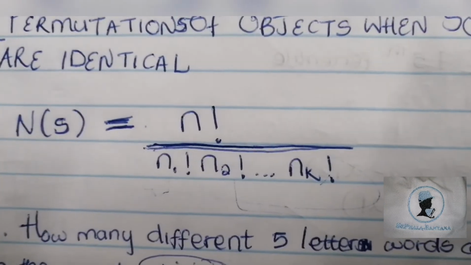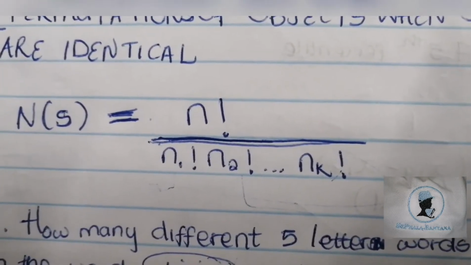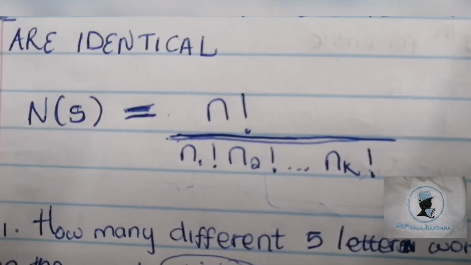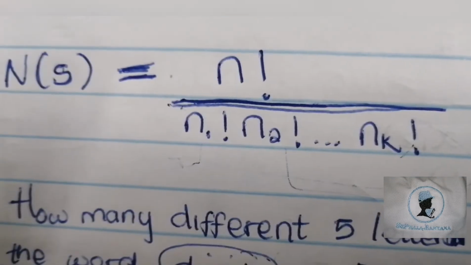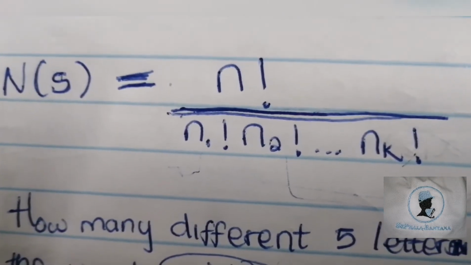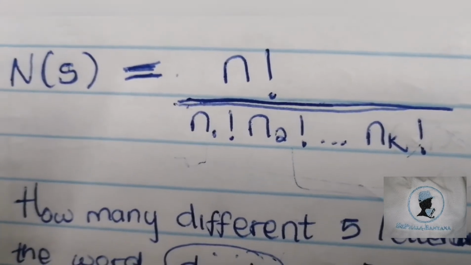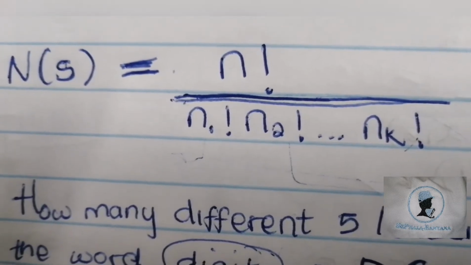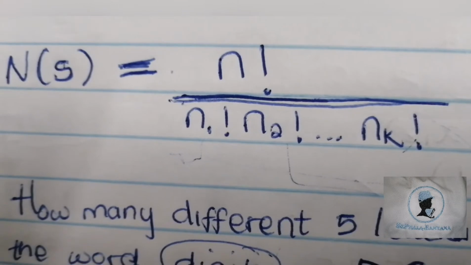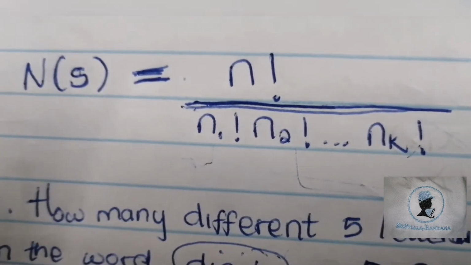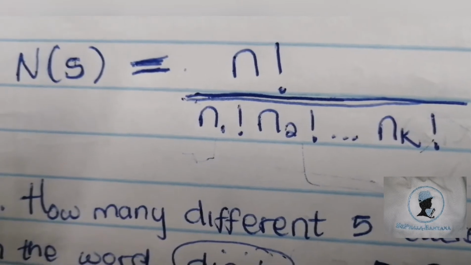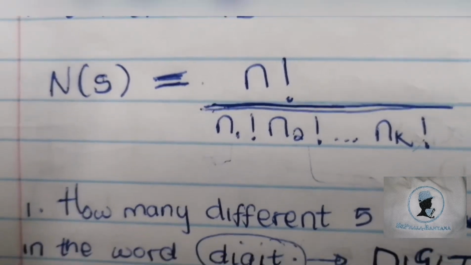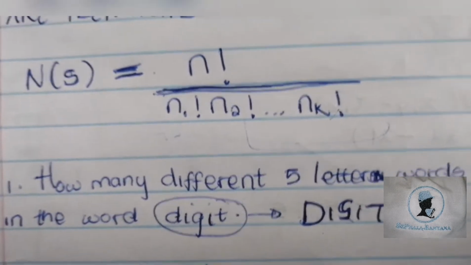This is the formula we use to calculate permutations when we have some group of items that are identical. n represents the total number of items that we have, and we have subgroups of the identical items. The n's at the bottom simply mean the number of items in each subgroup of identical objects. Without wasting any time, here is a simple